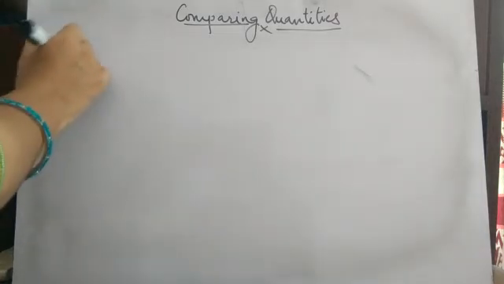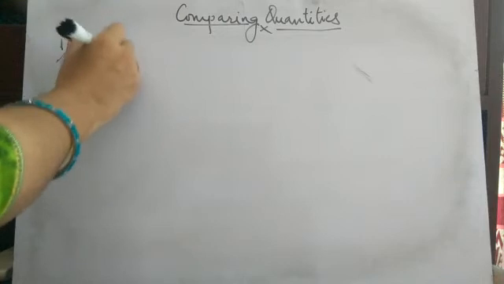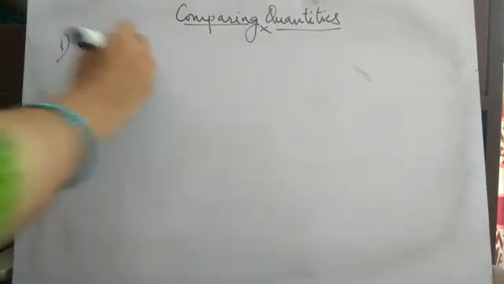Yes, children. So we have completed perimeter and area as you must have seen in the previous classes and the previous videos. Today we'll be starting with a new chapter, that is comparing quantities, and comparing quantities will be involving several topics in maths. They are imbibed together. So we'll be taking each topic one by one. Today I am taking ratio and proportion.